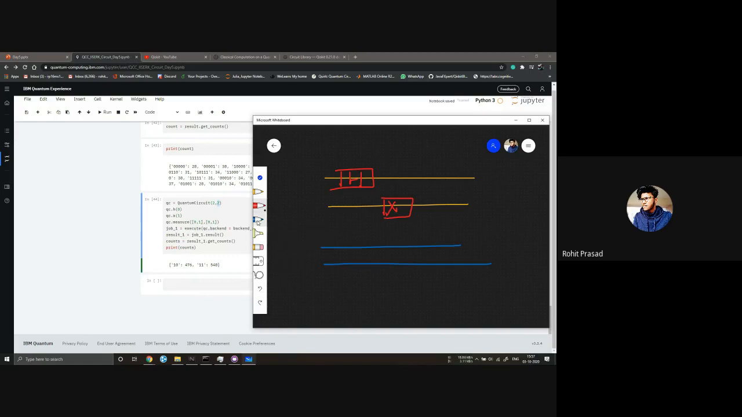And measure on that. Measure this thing. Measure this thing. So for H, we will get 0.5 probability of being 1 and 0.5 probability of being 0. So this thing,